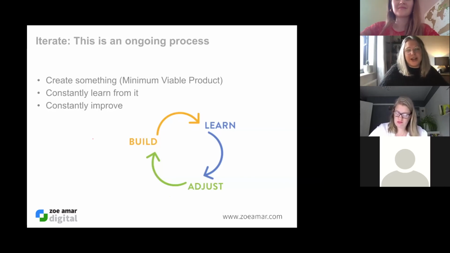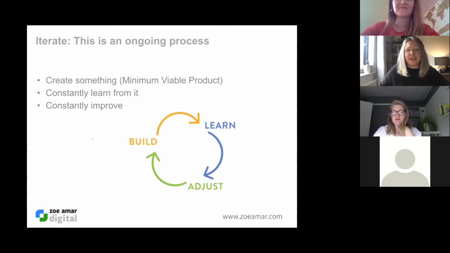It's also going to help you when you want to start to transform a current service. If you think about iteration, you can start with something quite small, or you can start with a minimum viable product. You don't need to think about the entire service at once if you can't or you don't have that capacity. Just think of a piece of the puzzle and transform it and see how it works and test it and iterate on it and build on it. It can be quite daunting when you think about transforming an entire organization digitally. It's more manageable if we just pick one thing and start there.